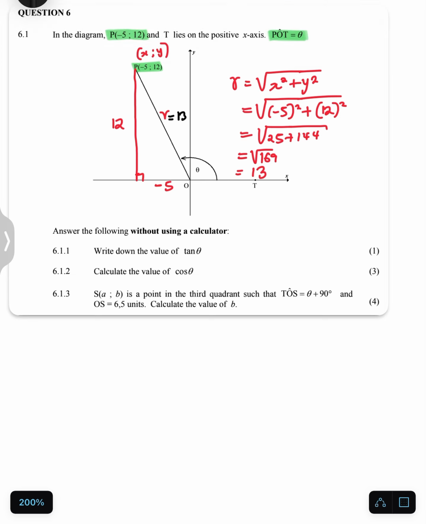All right, so with this, now we're going to answer the question. So we look at 6.1.1. So 6.1.1, write down the value of tan theta without using a calculator. So tan theta, when you use the diagram, tan is opposite over adjacent, so it is 12 over -5. So that will be the answer for tan theta. That is 6.1.1. And then 6.1.2,